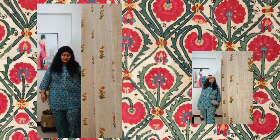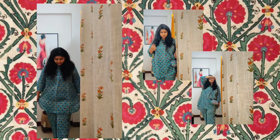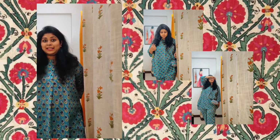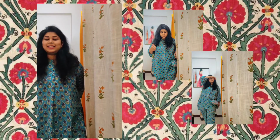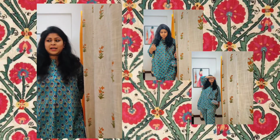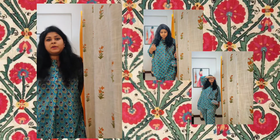Guys, so I decided to do another fashion stories. So I bought this set from Hustly. Yes, Hustly, yes. So from Instagram, and I actually saw an Instagram ad, and Indian block prints are something that